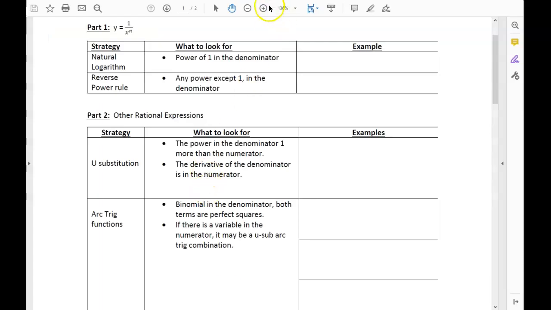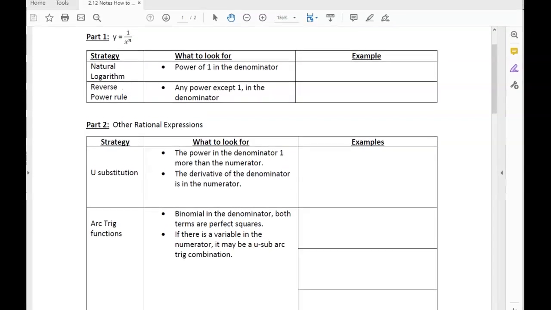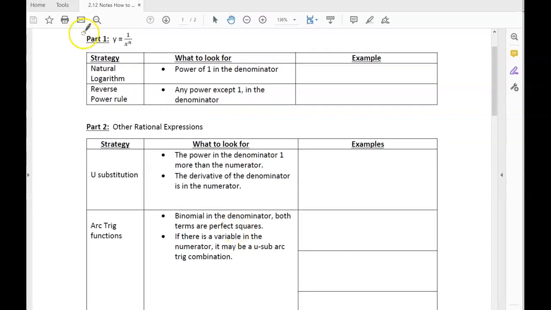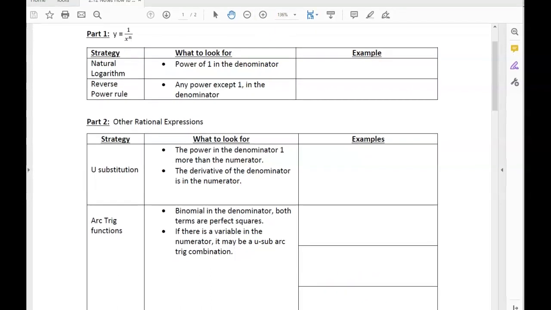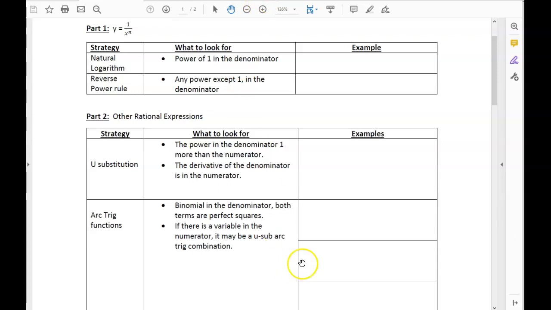Alright guys, so this is your help video for this week's integral review worksheet. You have this already. It's in your 2.2 notes, so hopefully you kept that and have it stored somewhere. Might want to get that out and have that handy, especially when we do our integral review quiz coming up soon. So just a lot of different integration strategies, and it's kind of helpful to know how to use